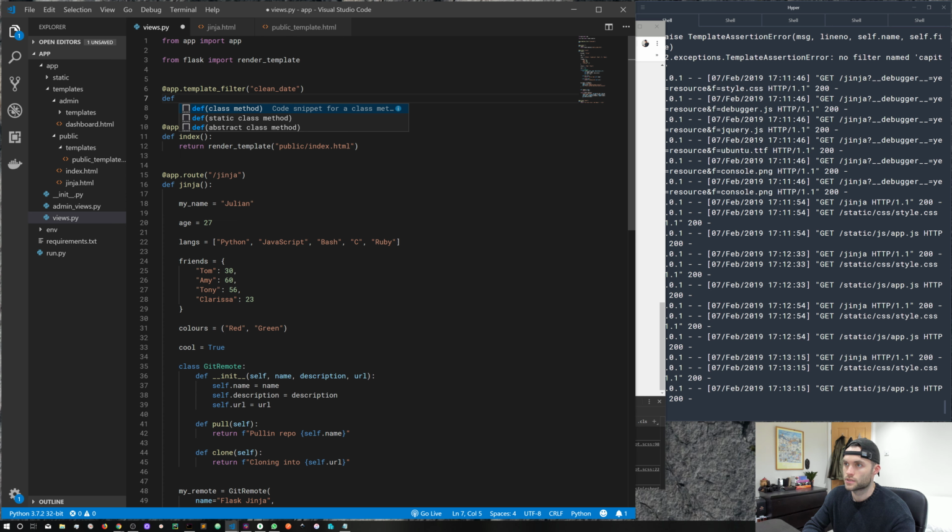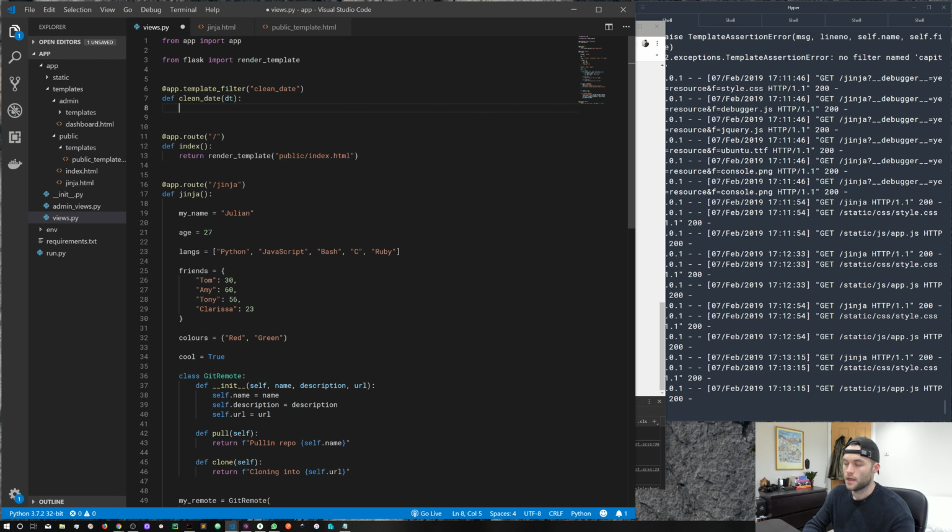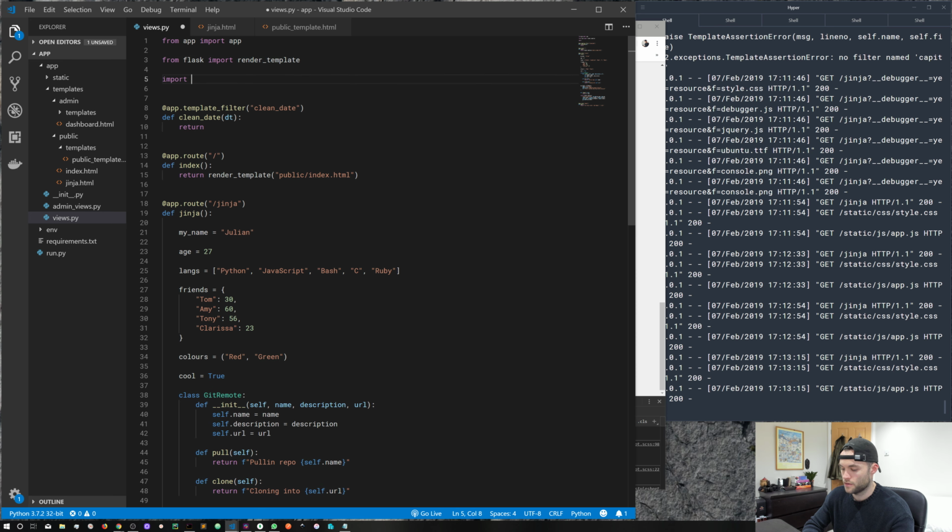So then it's just a function, and it's going to take an object. In our case, it's a datetime object, and we're going to return a nicely formatted string of the date that gets passed to the function. So first things first, I want to import datetime from the datetime library. And then what I'm going to do is return